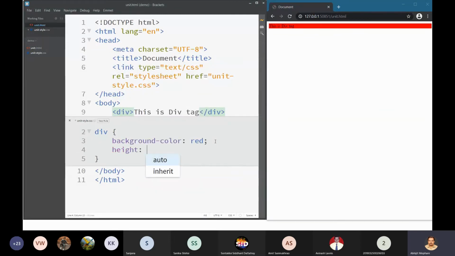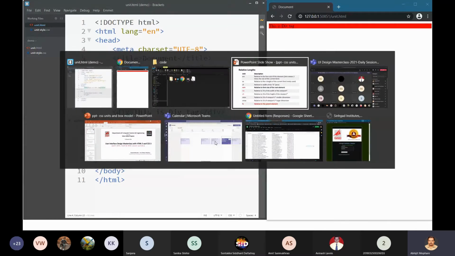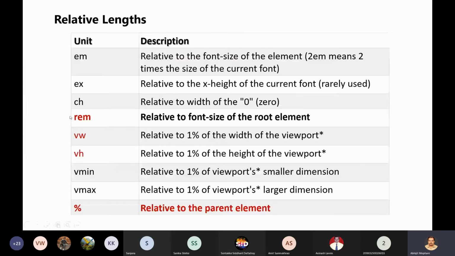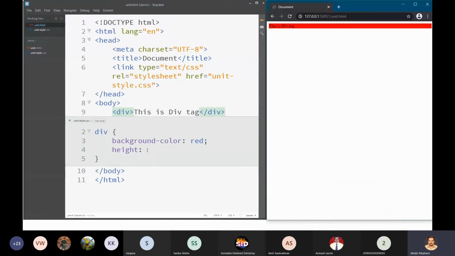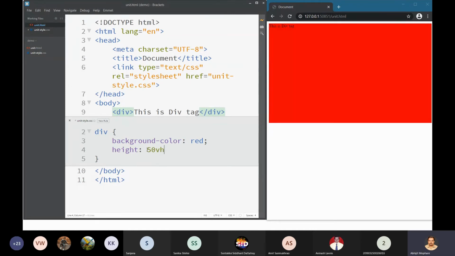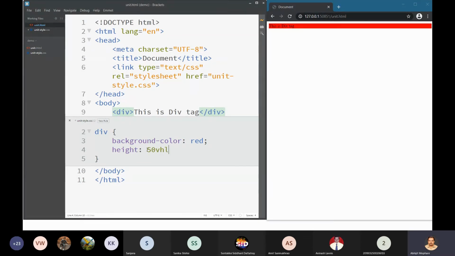I have told you that normally the height for the div is given as a percentage of the viewport. We have seen one unit. What is that unit? We have seen VW and VH. So viewport height. Suppose I want the height of this div element to be 50% of the height of the viewport. If I give height as 50vh, see what happens.